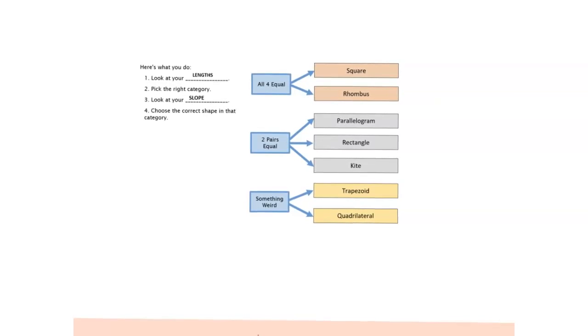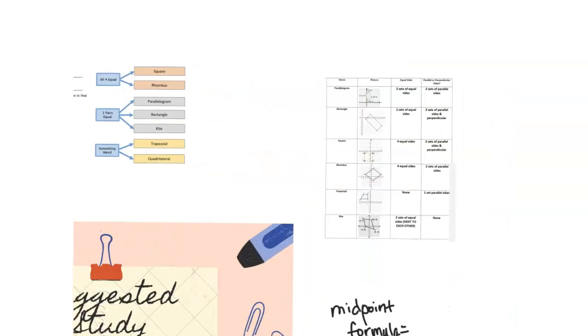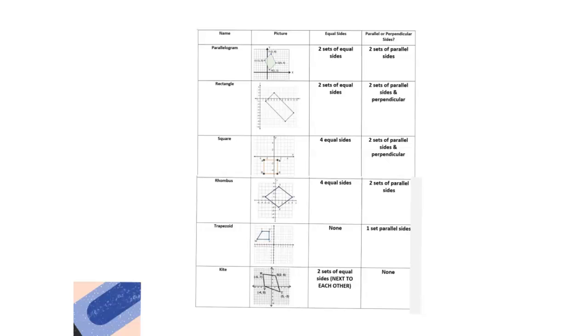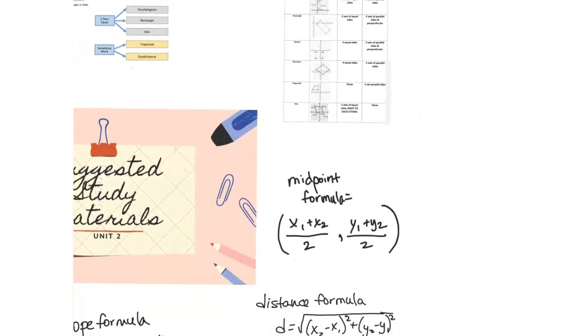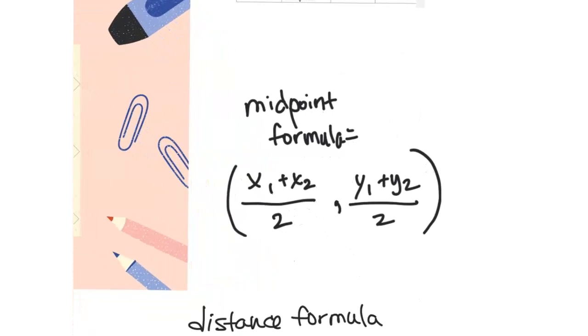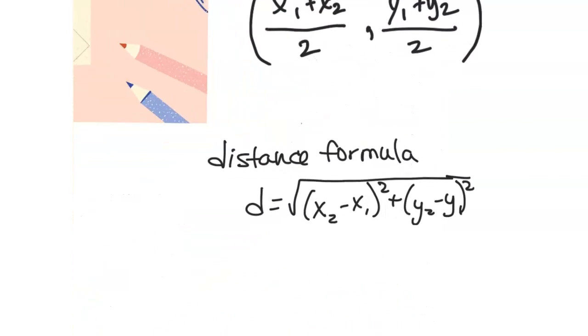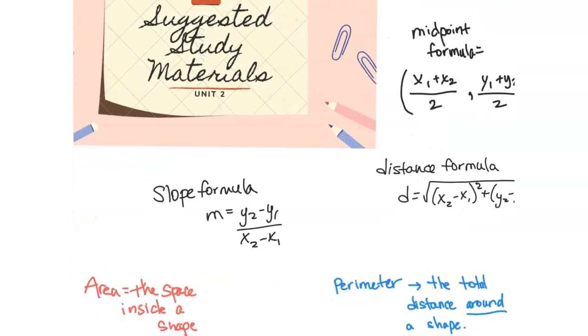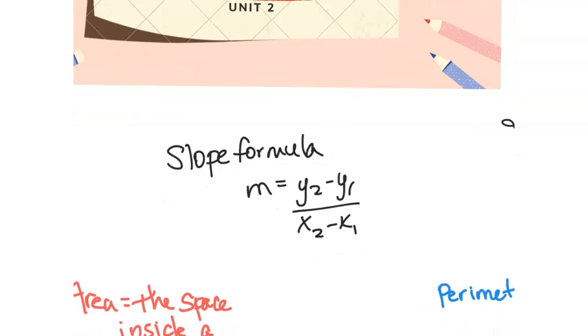This graphic shows you the breakdown of the different types of quadrilaterals you may have, given the number of sides that are equal. Our chart of the different quadrilaterals and the breakdown of which sides are equal, as well as whether or not we have parallel or perpendicular sides. We have our midpoint formula, the distance formula, the slope formula,